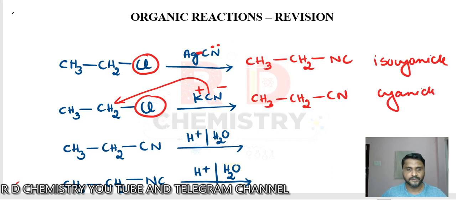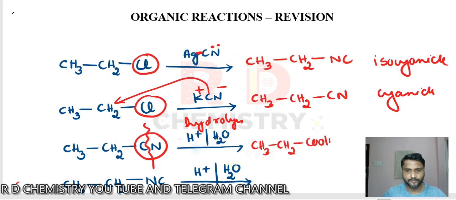Okay, right? Now, here we have got the functional group cyanide. This is known as hydrolysis, acid hydrolysis. Remember, you have to break the carbon-nitrogen bond and convert it into carboxylic acid and ammonia. So therefore, CH3CH2COOH is the first part, and the second part will be ammonia, an amine derivative.